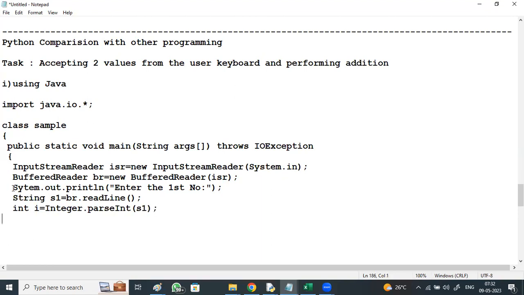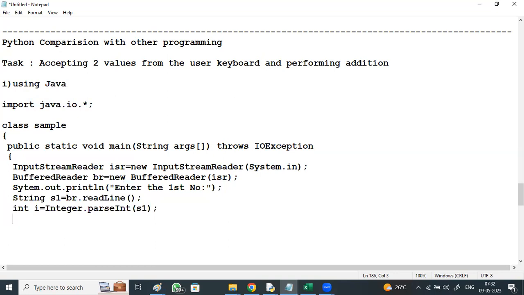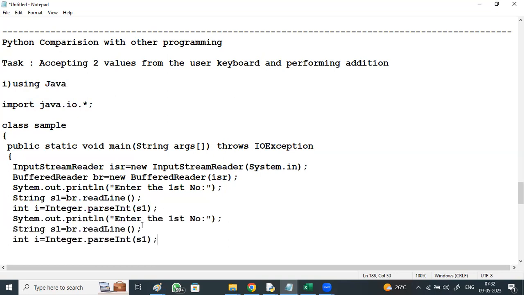These three lines. Then System.out.println, enter the second number, string s2 = br.readLine(), int j = Integer.parseInt of s2.